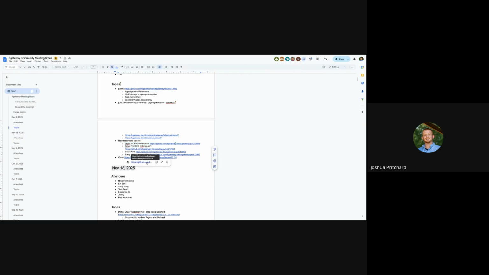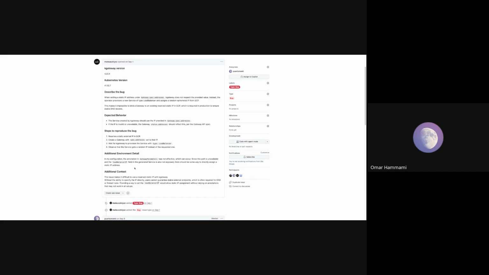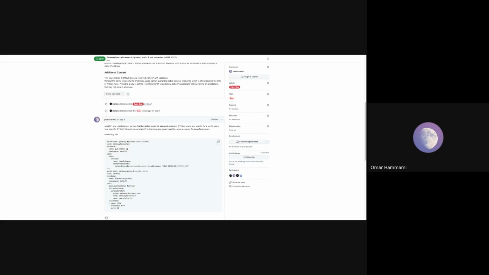Omar, I think you added this. Yeah, this was an issue that someone had filed and wanted to get ideas about how this should be implemented, as there's a few different places on the service where you could put the value. Like the service has a load balancer IP field, which I guess you explicitly called out there. There's also the external IP, and